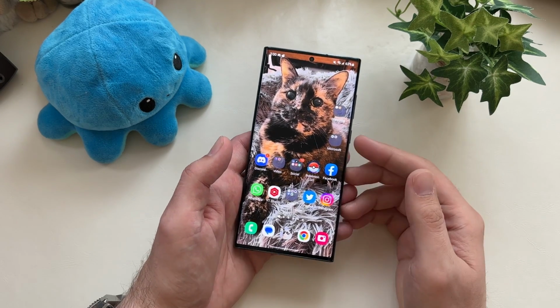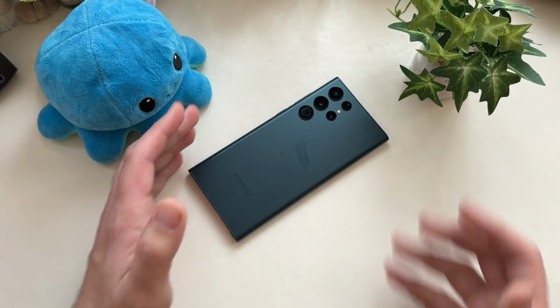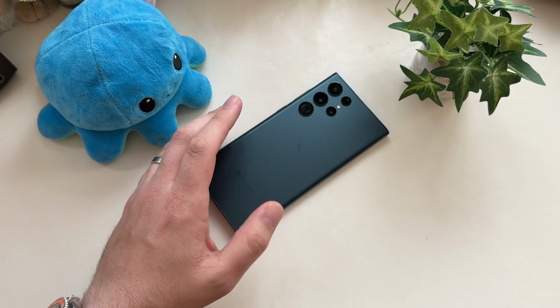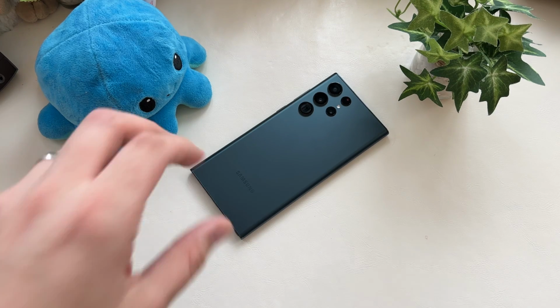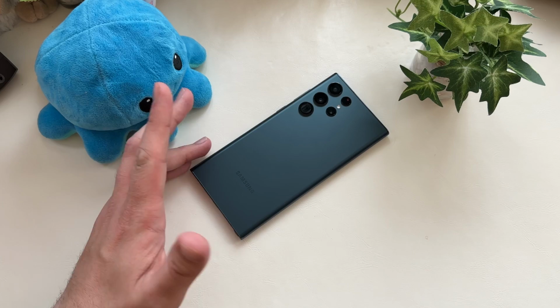The one thing that they really haven't fixed, and I thought maybe they could fix it in software, I thought maybe OneUI could take a crack at it, is that battery life. It just refuses to get better. It's a 5,000 milliamp hour battery in a flagship device, and I was expecting 6.5, 7 hours of screen on time, and it never even made it close to that. I am still just barely over 5 hours of screen on time,